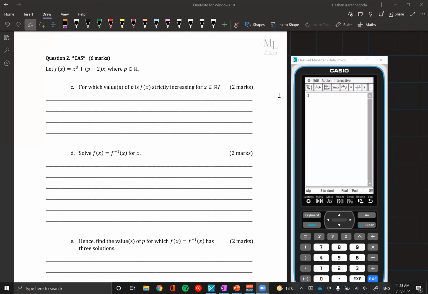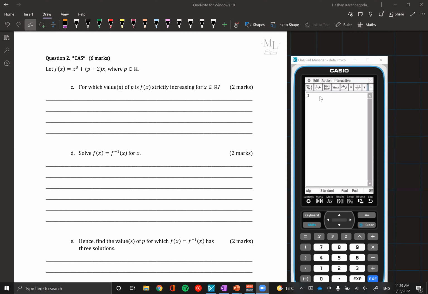So here's the calculator questions, or just calculator exams and SACs in general. The working out is vastly different to tech-free working out. While tutoring for the last few years and teaching with Mind Learning, the most common thing people struggle with is figuring out how much working out to put down for Exam 2 and CAS tests. The amount of working out you need is very, very little. You just need key lines. You don't have to do any hand working out. Just a key line of working out and then the answer. That's literally it. We'll go through how much you actually need, but it's much less than people think they need.